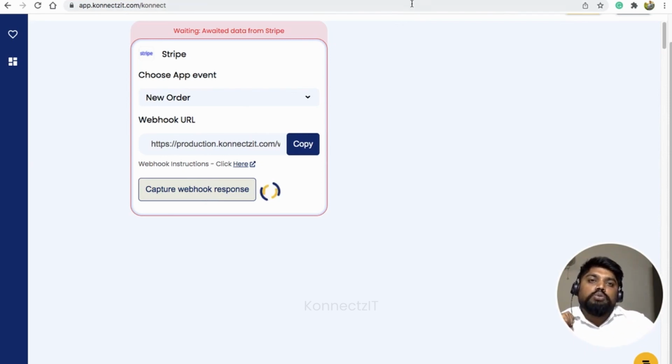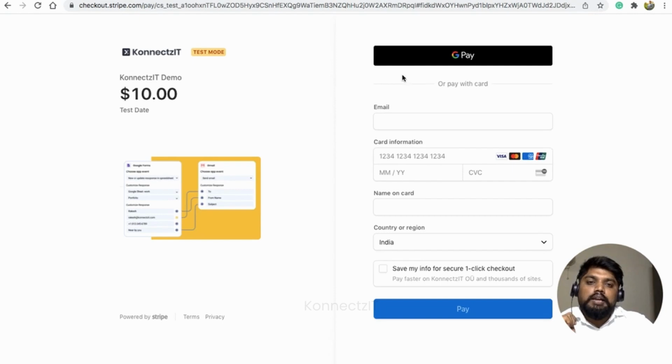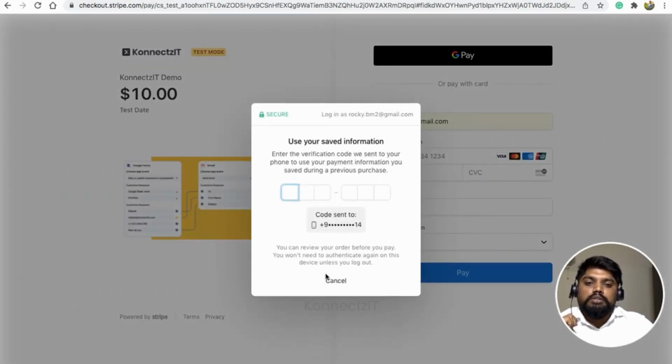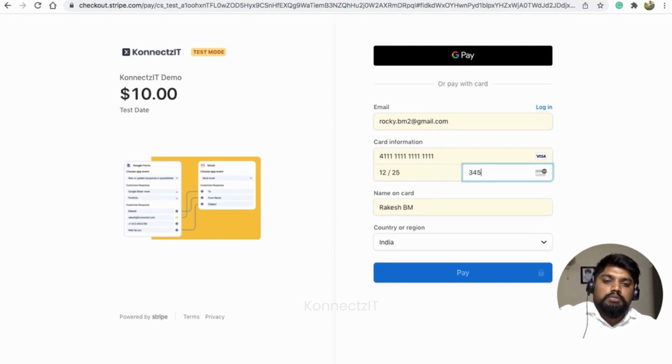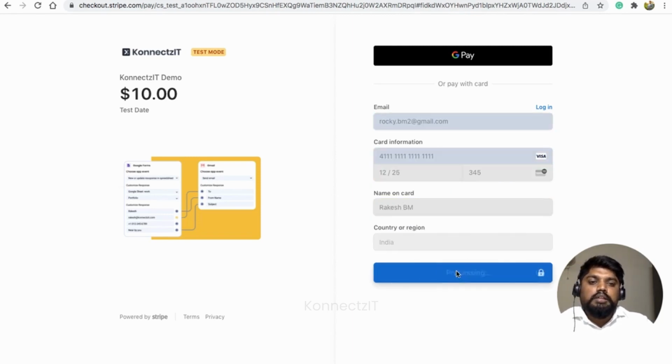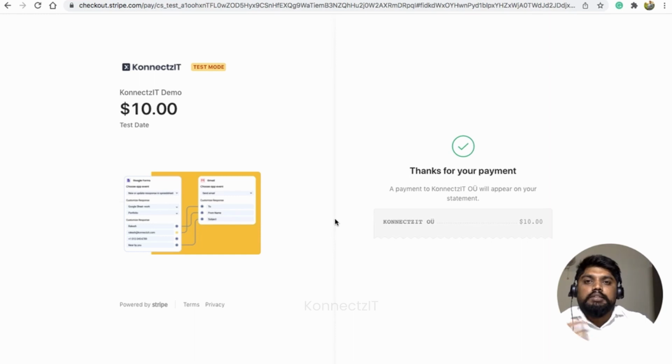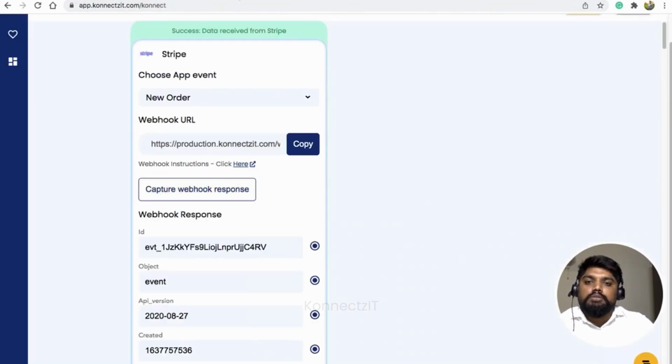Now I go to Stripe's payment link and make a test purchase using my account. I'll be using this account, make a test purchase and click on pay. This will send a record to Connexit. Now let's go to Connexit. Yes, we received the record.